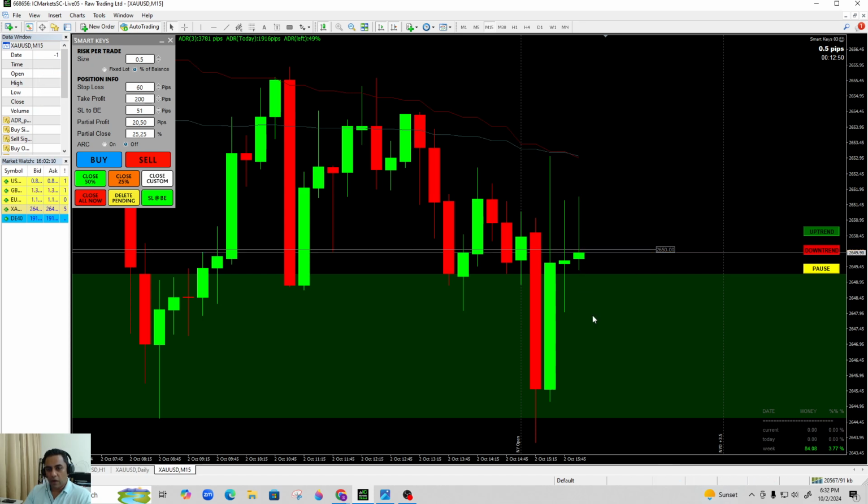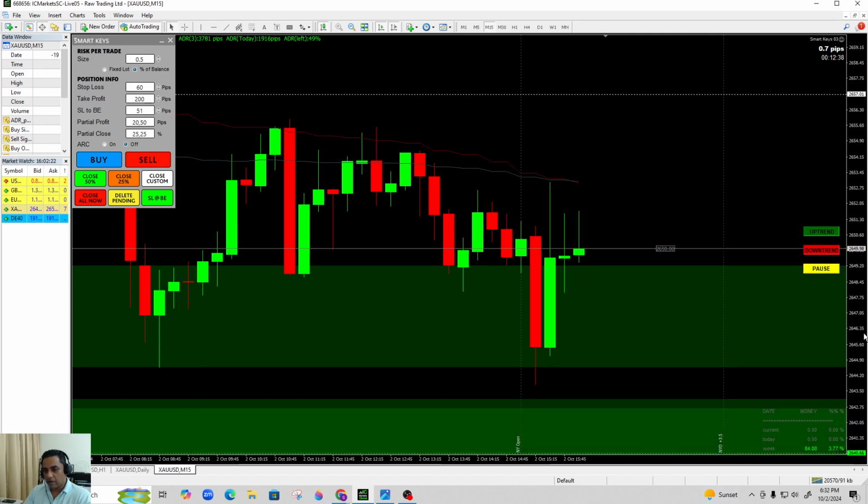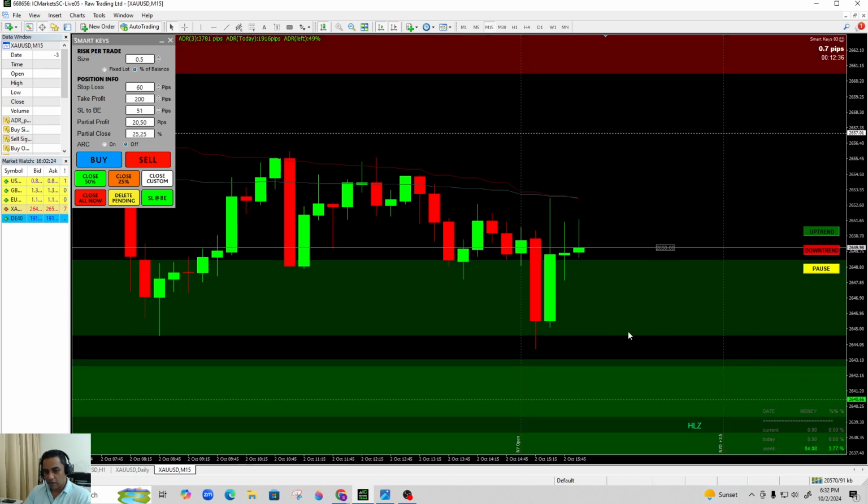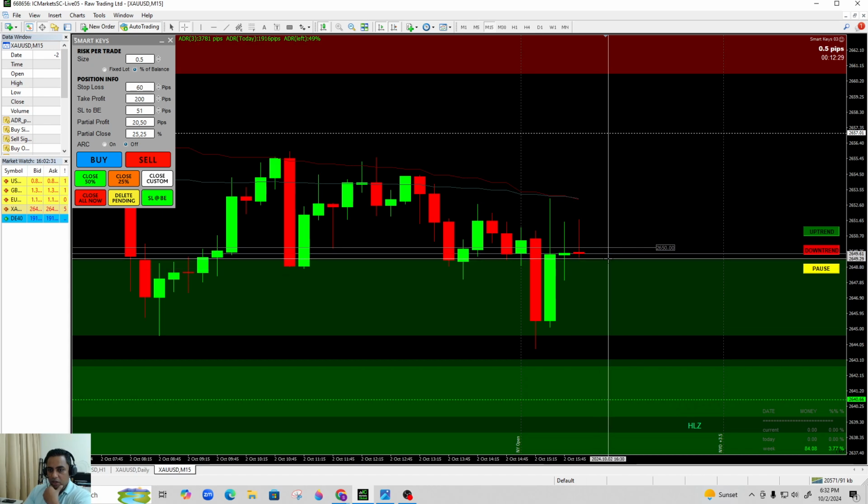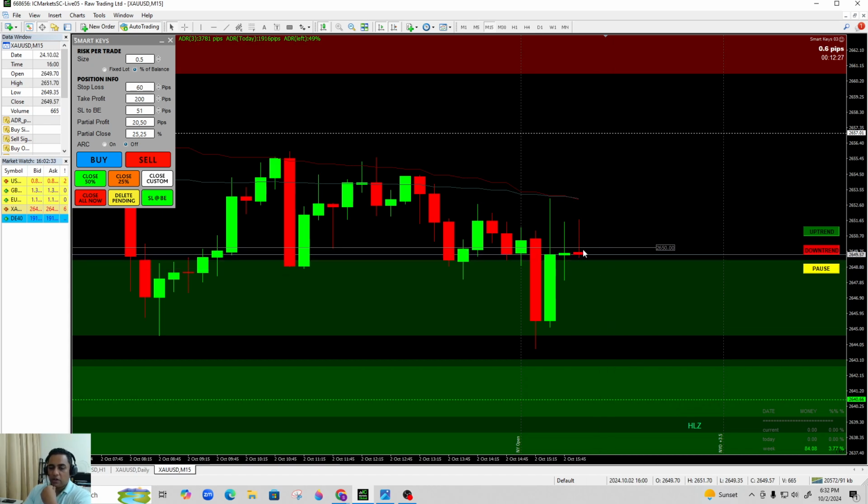So a 15-minute candle needs to close above for us to continue higher. Or if we start closing a bearish candle, a 15-minute bearish candle below 2650, then we're coming back down again. We're coming down to this area again, this demand zone again. And that's where we're going to start getting interested. If we have a bear candle close below this, 2650, M15 bear candle, then we're going to pay attention because